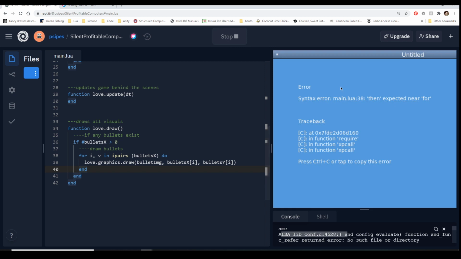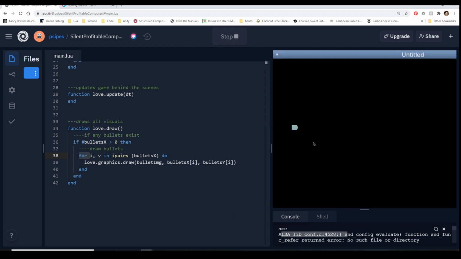Oh, okay. So, again, this is why we test. Syntax error, line 38, 'then' expected near the 'for' line. So I used do instead of then. If you're used to other languages with if statements, you're used to not having to write the then. Here we do. So, again, that's what this says. 'Then' expected near the 'for' means there's a then or something missing near this line. A lot of times it means you forgot it at the last loop or the last conditional statement.